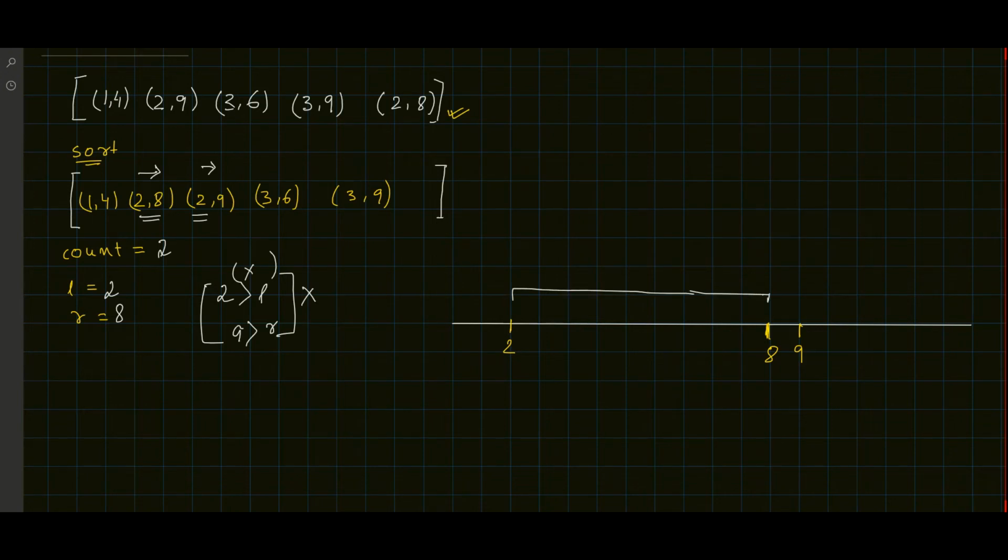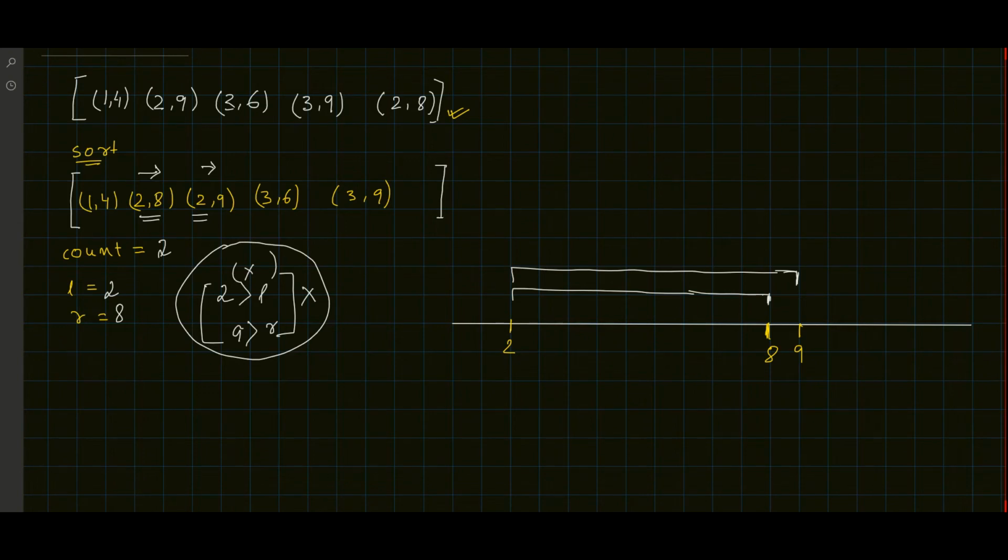The next pair that comes is 2 comma 9. So actually we should have considered the pair 2 comma 9 instead of 2 comma 8, isn't it? For that reason, when we encounter such a case,